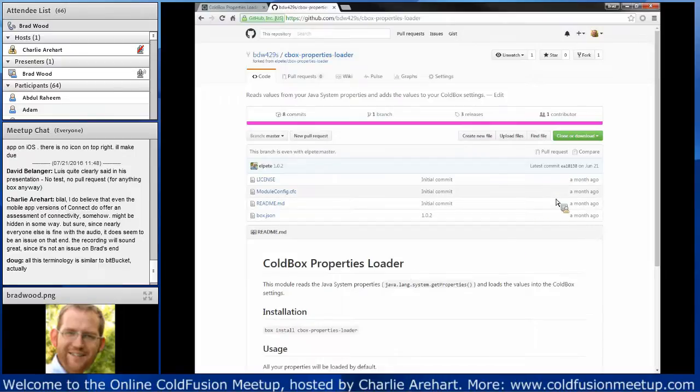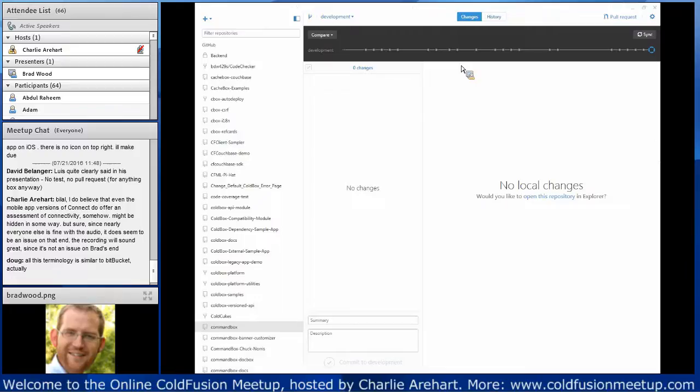So now that we've forked it, I'm going to use GitHub for Windows, or GitHub for Desktop, actually. They renamed it. I tend to use this program. This is a super simplified Git client. It basically does just the bare minimum, but I'll be honest, sometimes all I'm doing is just basic merging and committing and pushing and pulling. I really get tired of all the endless checkboxes and drop downs in some of the other Git clients. So what I tend to do is I use GitHub for Desktop, and anything it doesn't do, I just do in the CLI. The other day I opened up SourceTree just to do something real quick, but